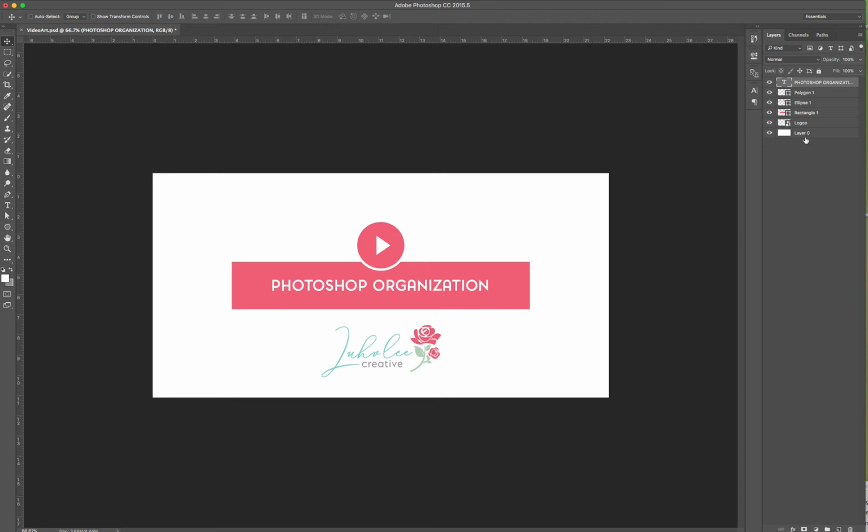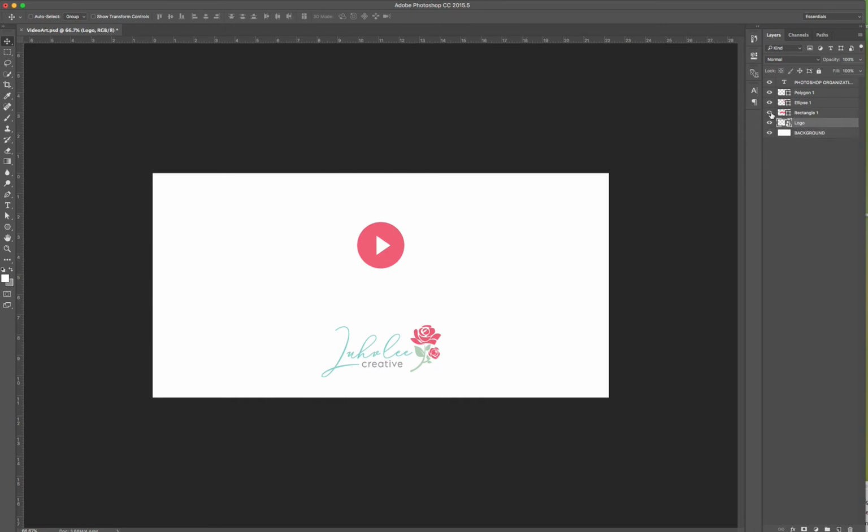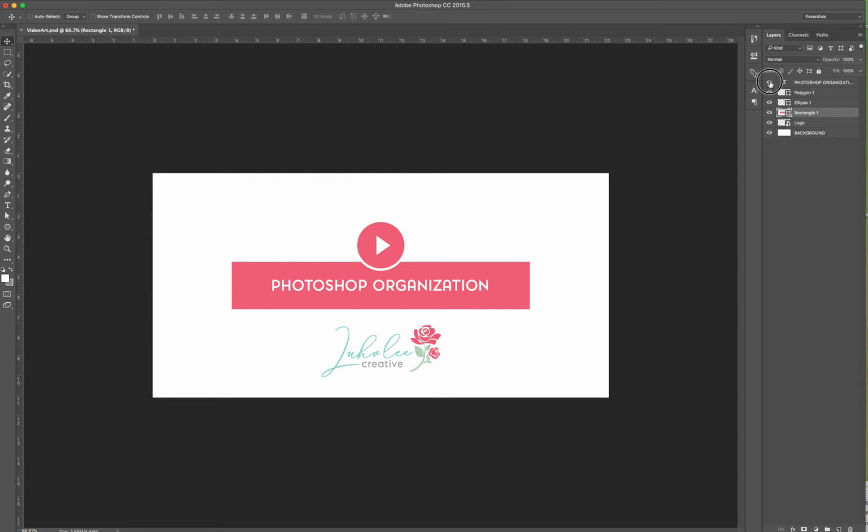So here we go. First things first, this is the background, so I'm going to name it the background. There's my logo. So there's our rectangle, and then there's our text, Photoshop organization. I'm going to group those together. So I command clicked both layers and I click my folder icon down here. And I'm going to name that